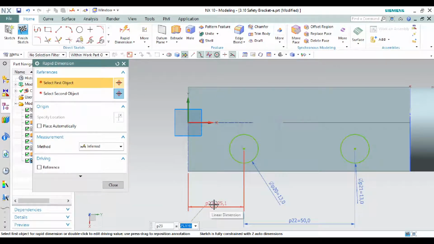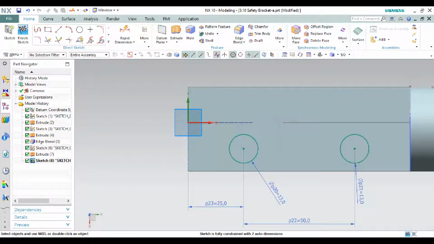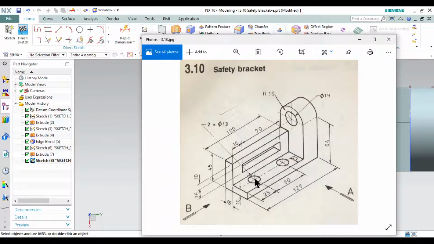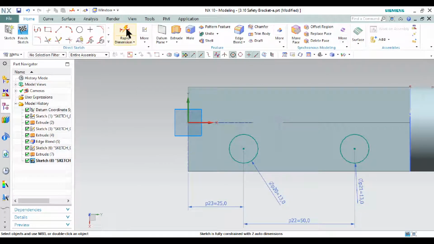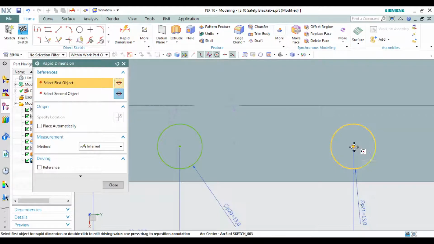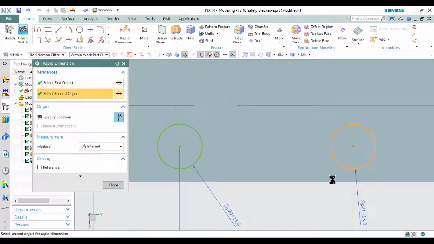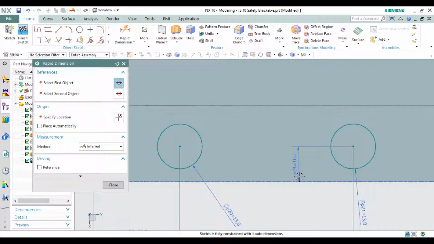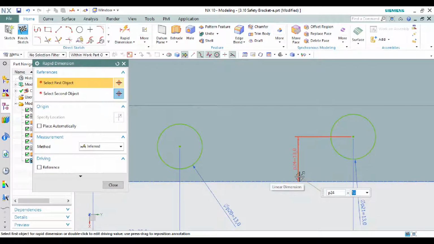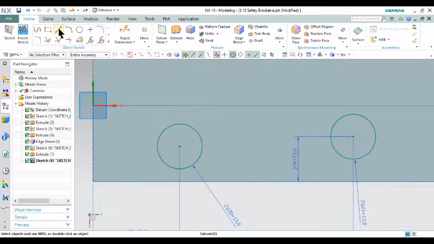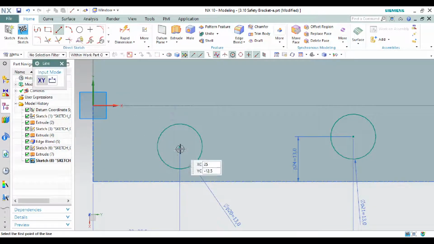Click twice, 25, enter. Okay, and then from this to this is 13. Click the repeat dimension, click this point to this point is 13, enter,